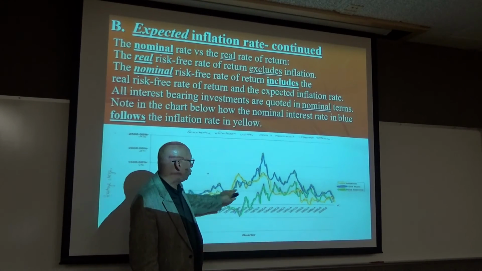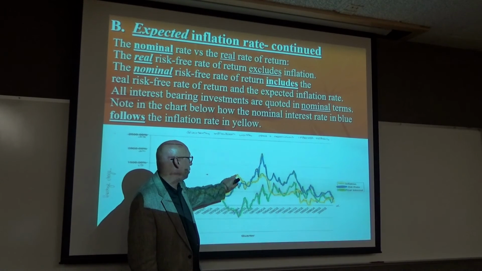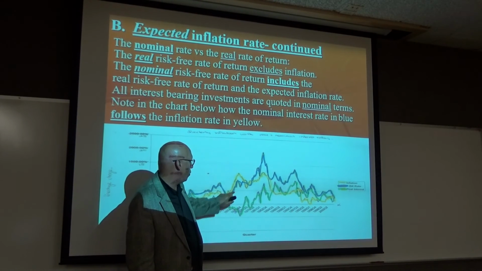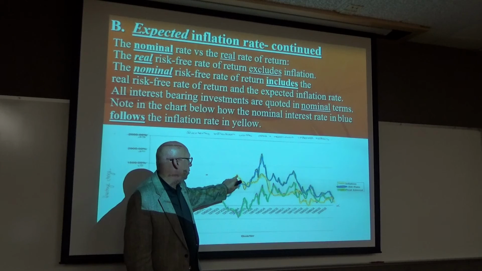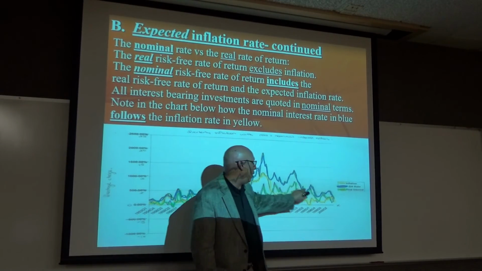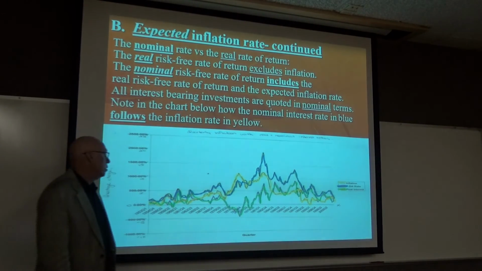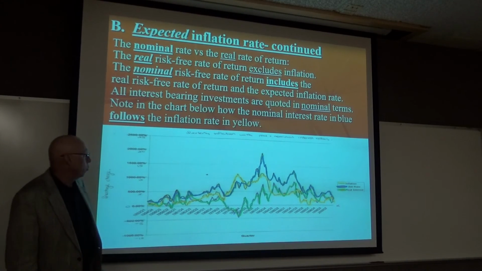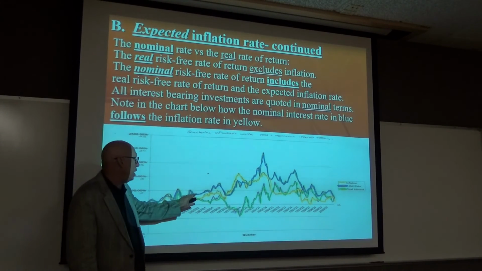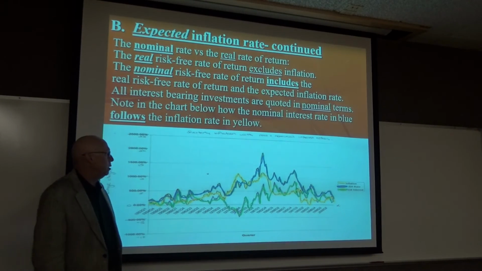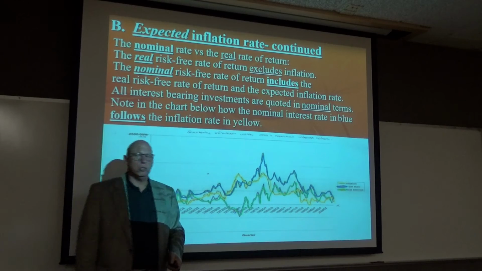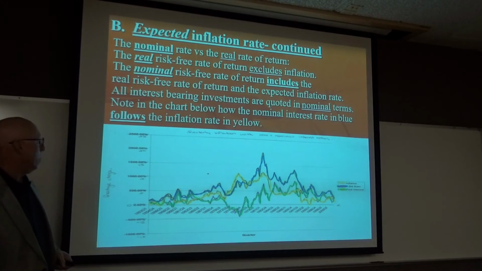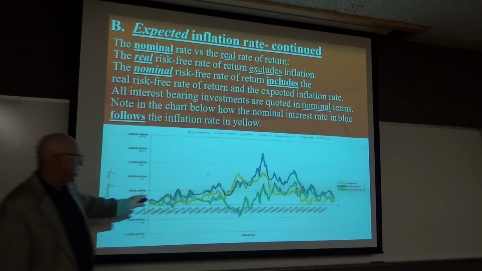And there have been strange periods of time where inflation has really jumped up fast and has busted up through the nominal rate, and that's where you're actually losing purchasing power. You have a positive rate of return, but it's beneath the inflation rate. But you can see for most of recent history anyway, the nominal rate is above the real rate, and that's the way it should be. But every now and then, when you have a quick acceleration of inflation, then that inflation can jump up above the nominal rate. So yellow is inflation.